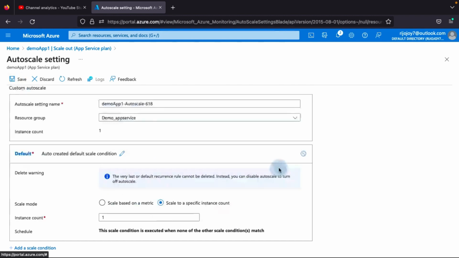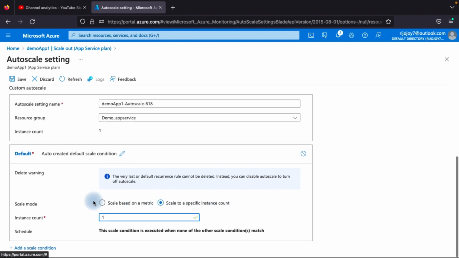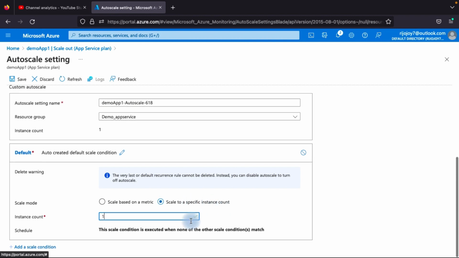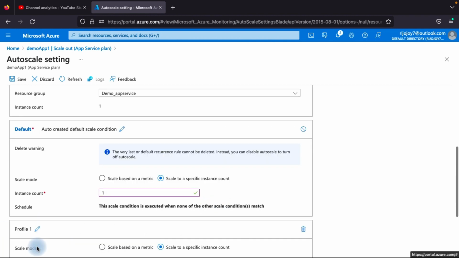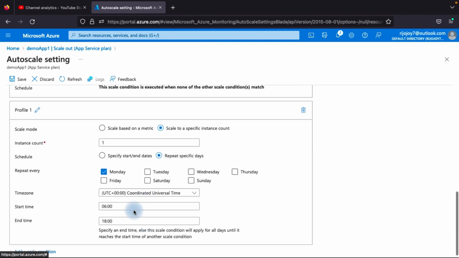Okay, now we check scaling to a specific instance count. The instance count you need, you can select here 1 or 2 or 3. I will go for 1 instance for the specific count. We have finished the metric-based rule, and now we go for the specific instance count. After that you need to give the condition. The instance count of 1 VM will be increased for a specific start date and end date, or on specific days. You can select whatever days you need, like every Monday,